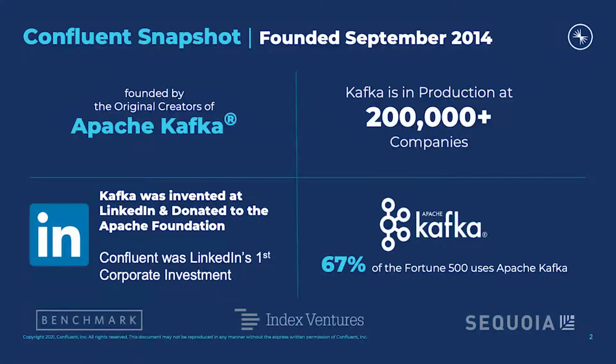Before we start, a quick introduction to Confluent. Confluent was founded by the original creators of Apache Kafka back when they were still at LinkedIn, and in fact, Confluent was LinkedIn's first corporate investment. Kafka is currently in production at multiple industries across multiple verticals and is in use by the majority of the Fortune 500. For those of you who may not be so familiar with Kafka, Kafka is a modern distributed platform